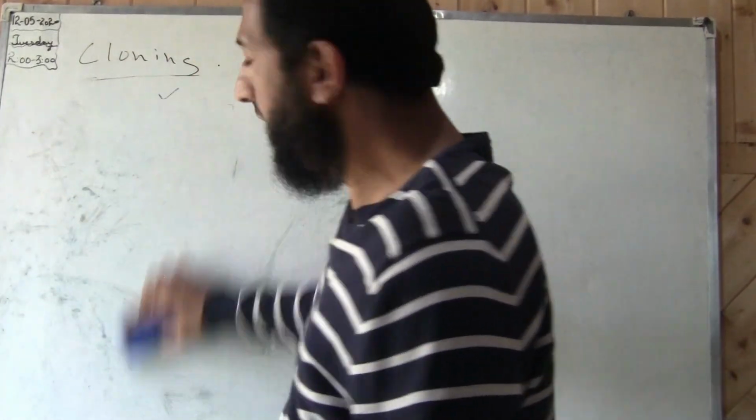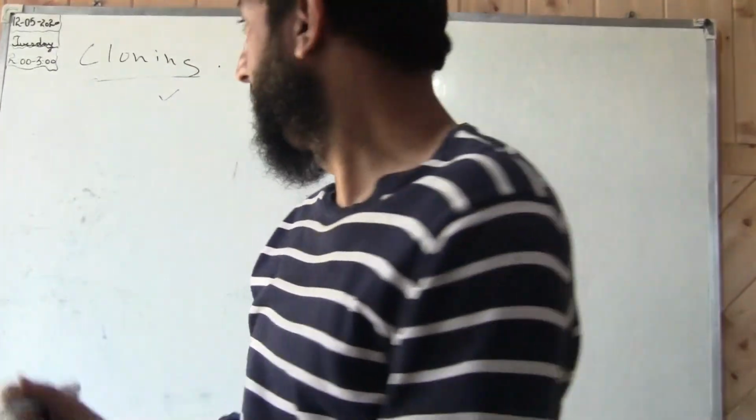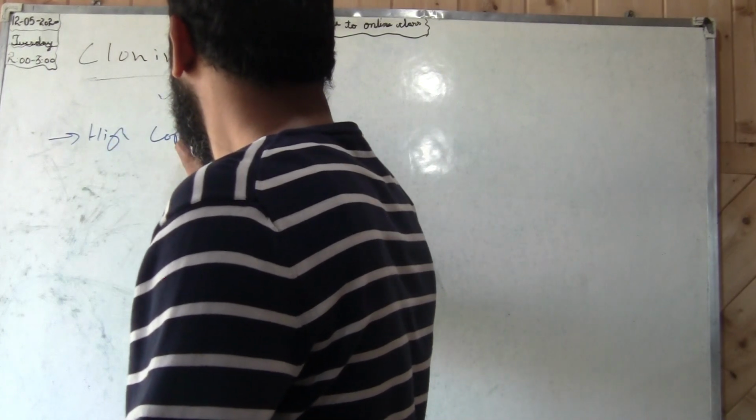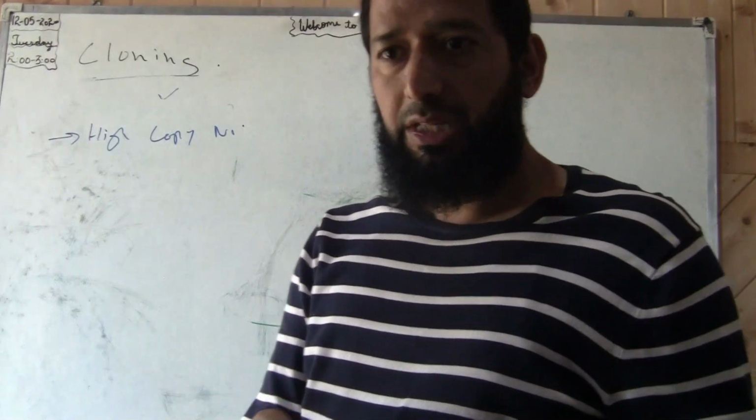Another important property of a cloning vector is that it should have high copy number. Copy number means